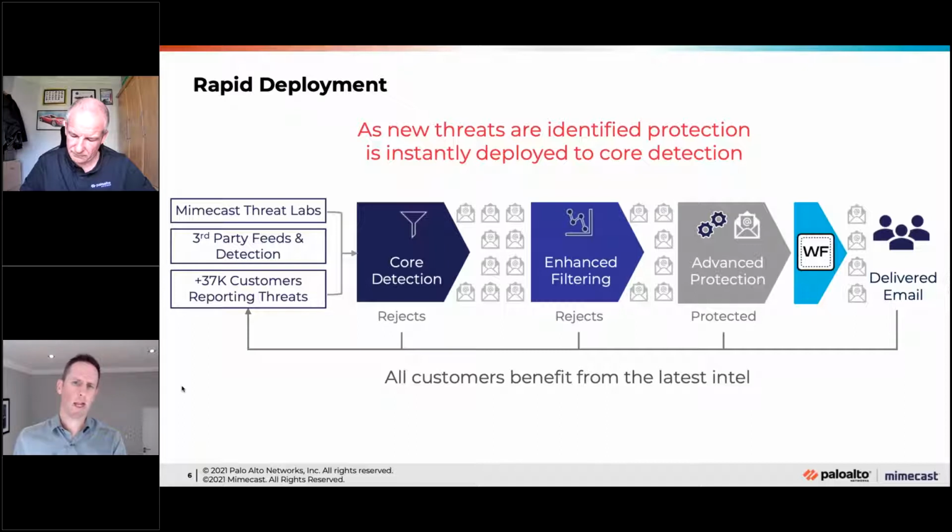So your spam and very basic level bits of malware, that gets rejected. But in the advanced detection stack, that's where the capabilities come in to look for malicious URLs, any form of malware that's included in the email, impersonation styles of attacks, etc. As an email comes in, and in particular, we're going to be focusing on the malware area, that runs through our malware detection stacks, and that includes a number of AV checks, internal sandboxing and file analysis and so on.